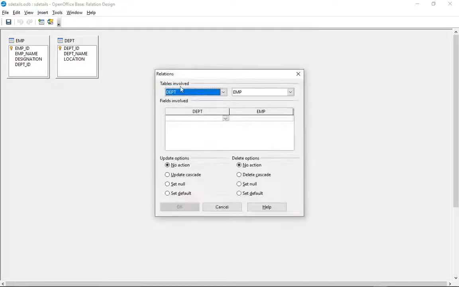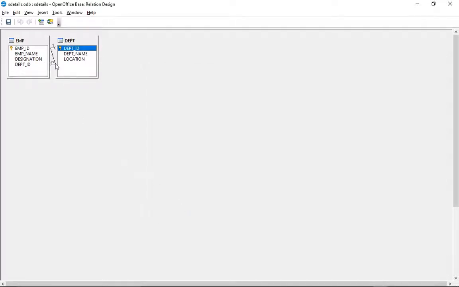But insert a new relation, then in department ID, and in employee department ID. Now their relation, one to many relation has been established.